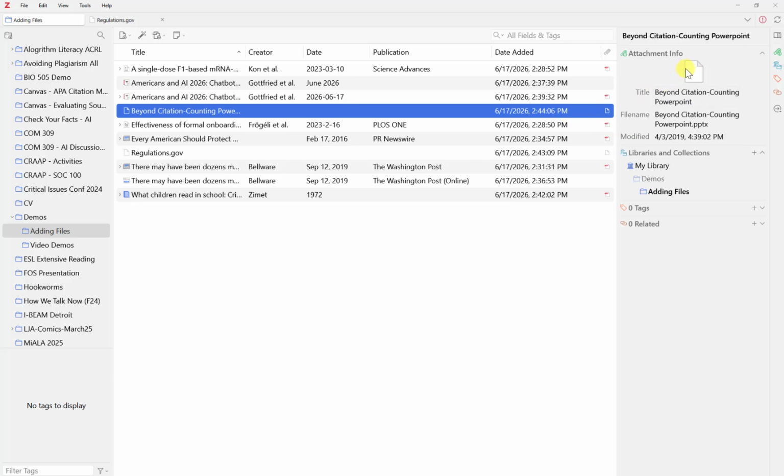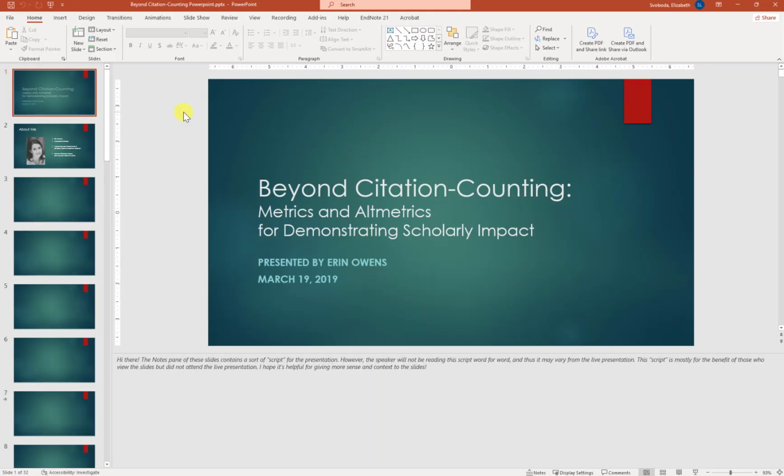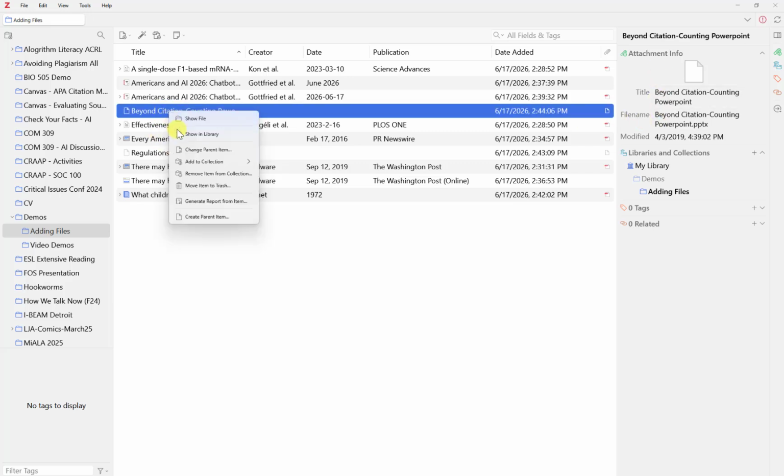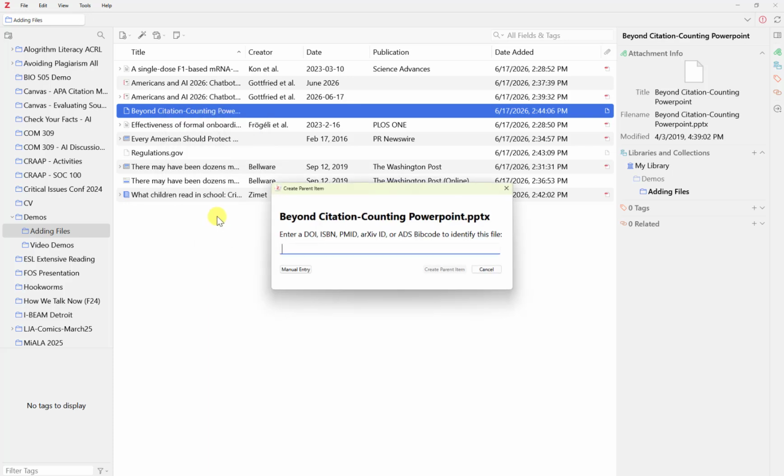And you'll notice that there really isn't a lot of information here. We've got the title and the file name. If I try to click on this, it will open up because it's basically treating this as a linked file, so it opens it up on my computer, but it does not open it within the Zotero program itself. So the file is there, it's linked out, but I can't really do anything in here, and again, there's no citation information. So this is one of those other times that I will need to create a parent item,